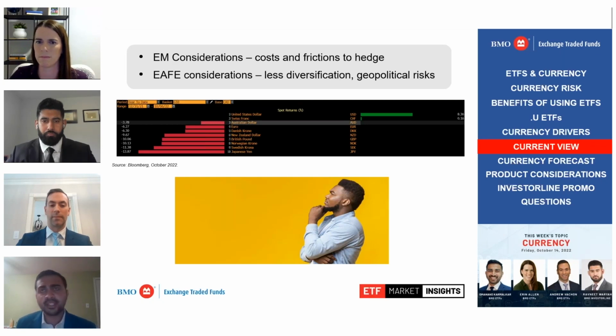In the EM space, so emerging markets such as Brazil, China, Turkey, there's a lot of cost to hedging because their interest rates are so much higher. So there's a cost and friction to hedging. So within the emerging market space, the investors need to have a balance between the cost of hedging versus their